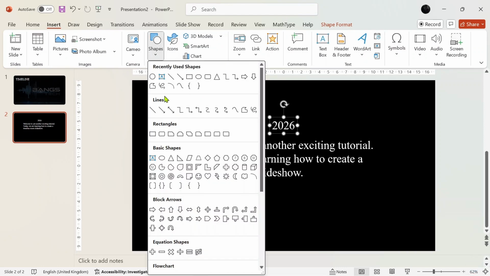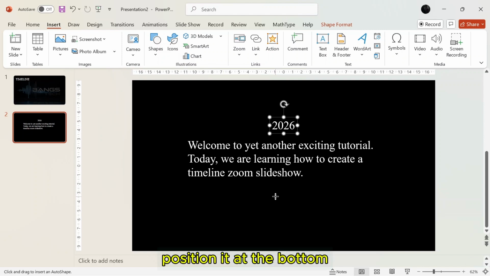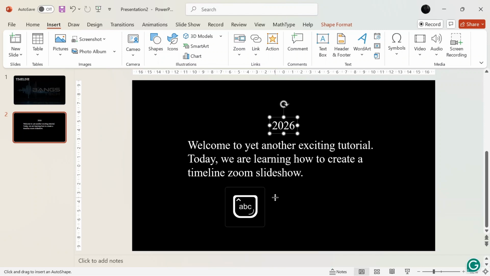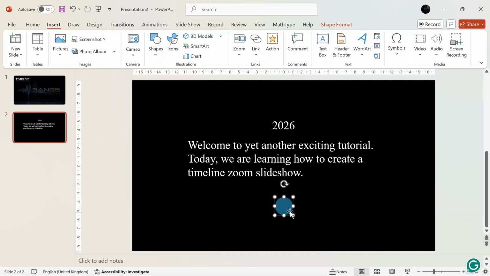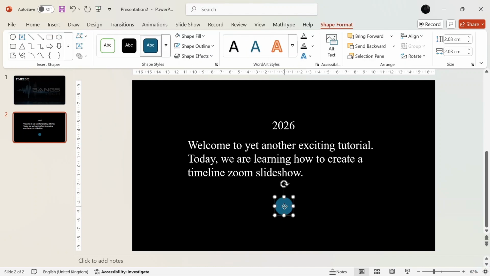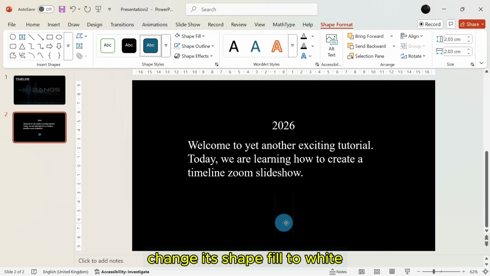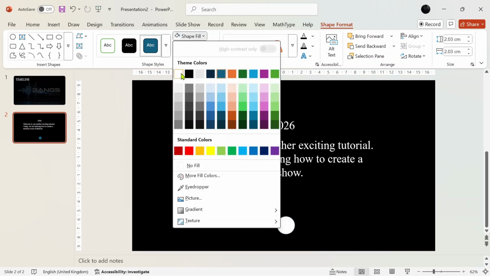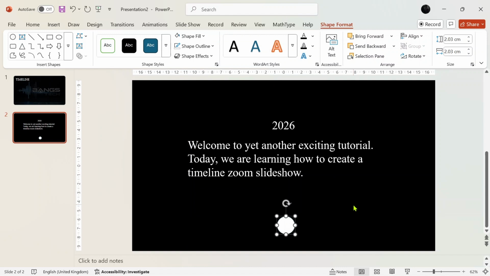Go to Shapes and insert a circle. Position it at the bottom. Change its shape fill to white. Now duplicate the slide,